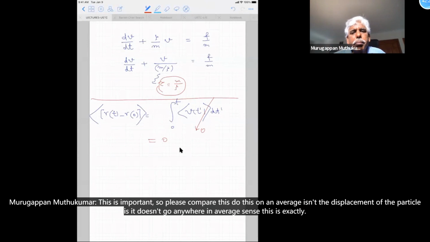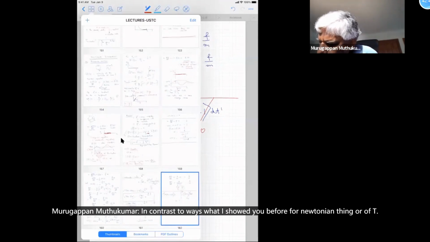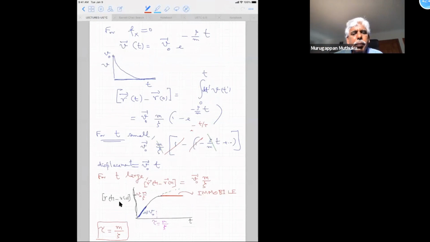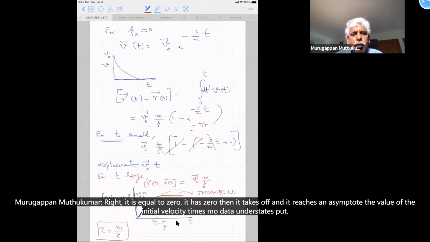This is an important result. On an average sense, the displacement of the particle is 0. It doesn't go anywhere on average. This is exactly in contrast to what I showed you before for the Newtonian case, where R of t minus R of 0 is not 0. At t equal to 0 it is 0, then it takes off,